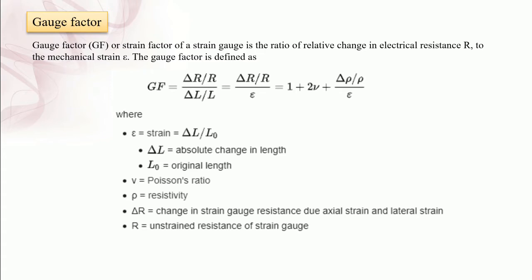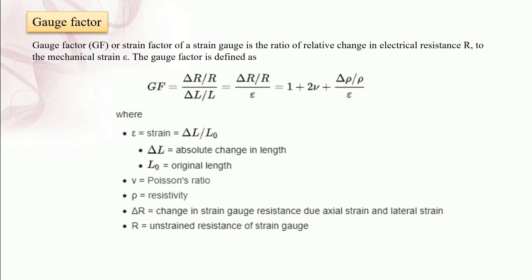Strain gauges are most commonly used in the Wheatstone bridge circuit to measure the change of resistance of the grid of wire for calibration processes. The gauge factor is defined as the ratio of per unit change in resistance to the per unit change in length. So you can say the gauge factor G_F can be stated as (del R by R) divided by (del L by L), where del R is the corresponding change in resistance and del L is the corresponding change in length.